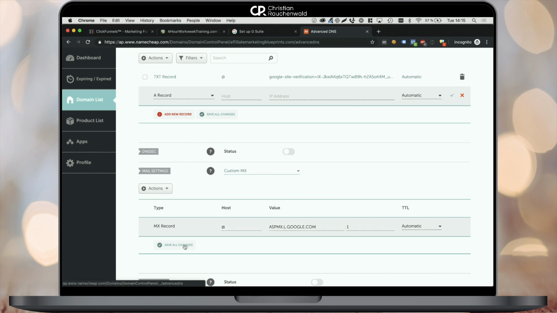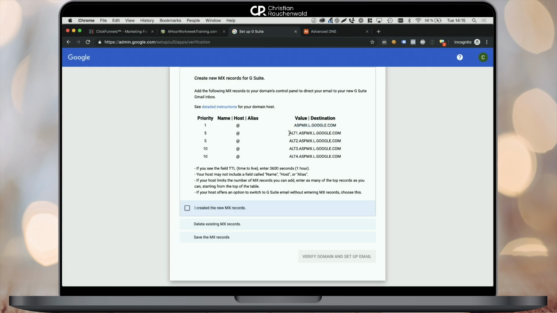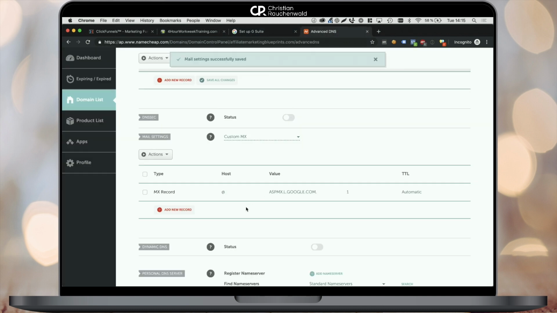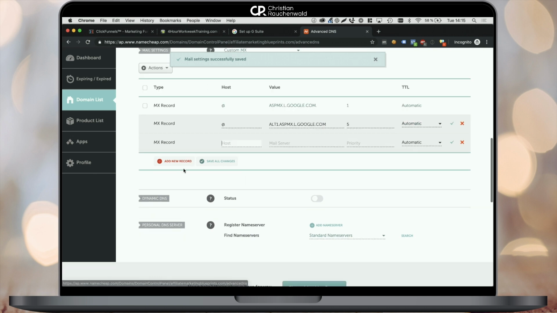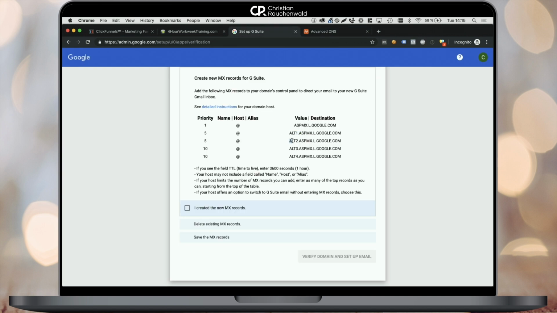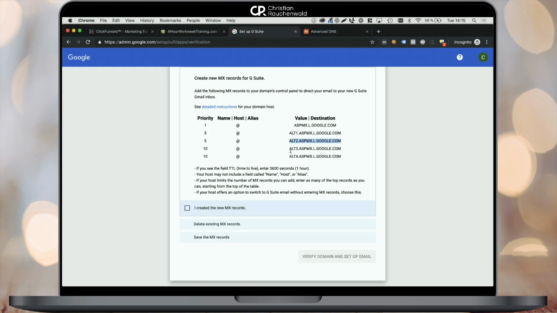Here it's important that you also copy the right priority, meaning which mail server should be tried first, and only if that mail server doesn't respond, it goes to a mail server with another priority. This will ensure that even if one of Google's mail servers doesn't work properly, one of the other mail servers will eventually receive or send the emails for you, meaning you will never have to fear that an email doesn't reach you or that emails that you're sending out are not getting sent out immediately.